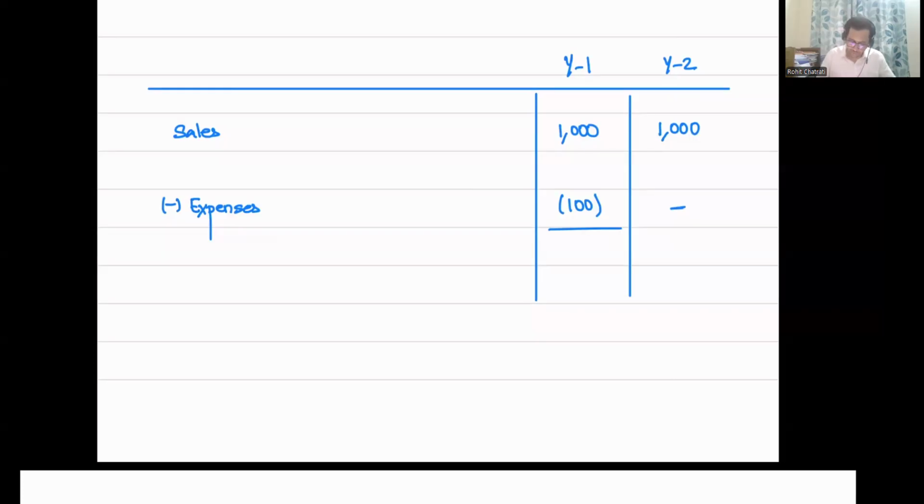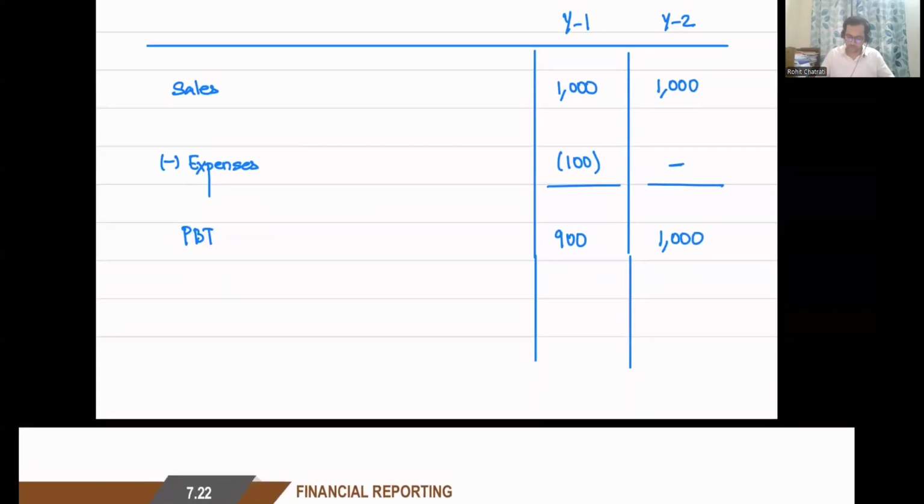If I plot the profit before tax, for the first year it is going to be 900 and for the second year, it's going to be equal to 1000. All right. So for the first year, I have a profit before tax of 900, and for the second year, I have a profit before tax of 1000. But when I have current tax expense, if I plot down the current tax expense,